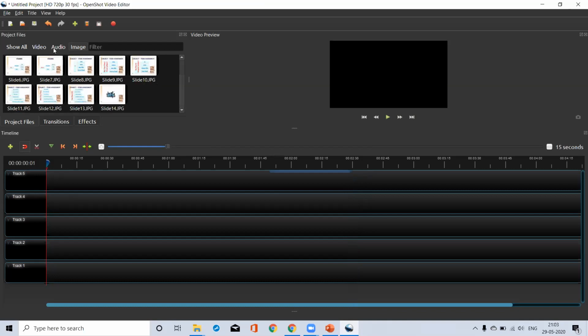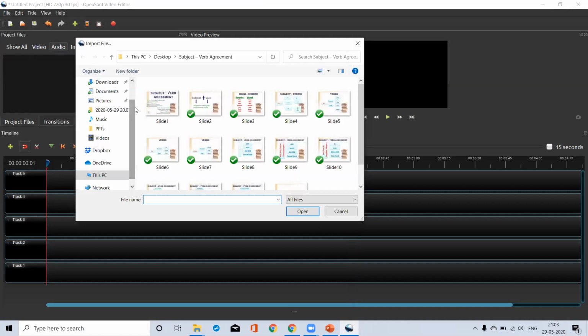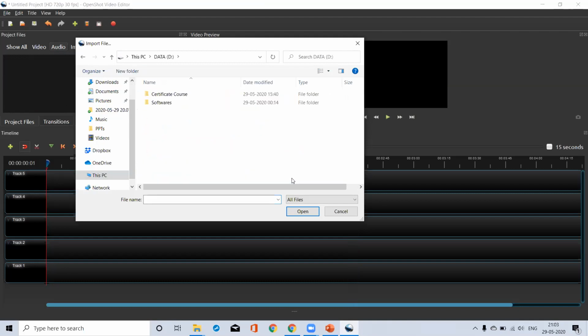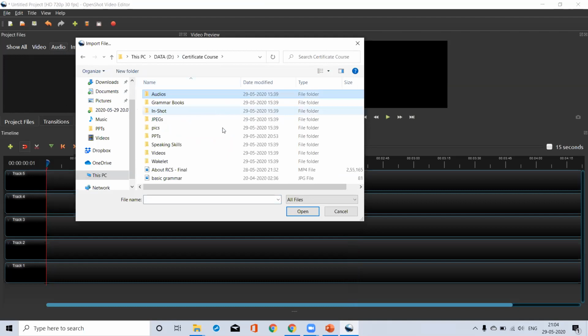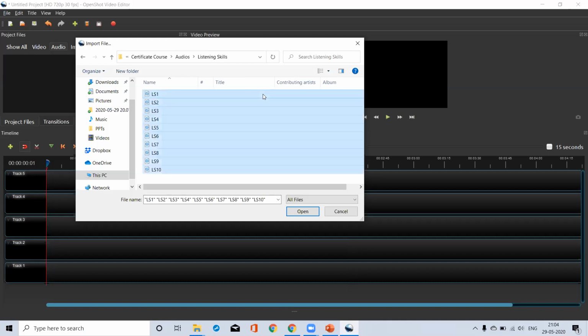Now I'm going to import audio files here. I'm just randomly using this.